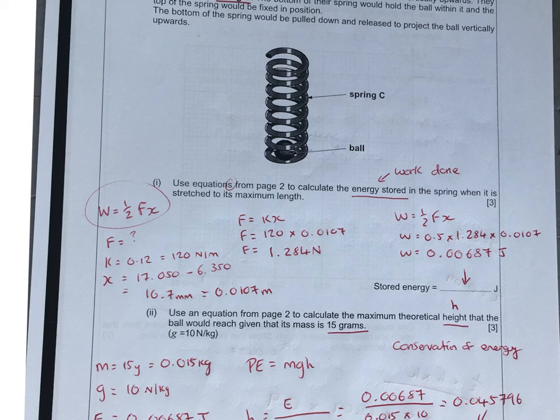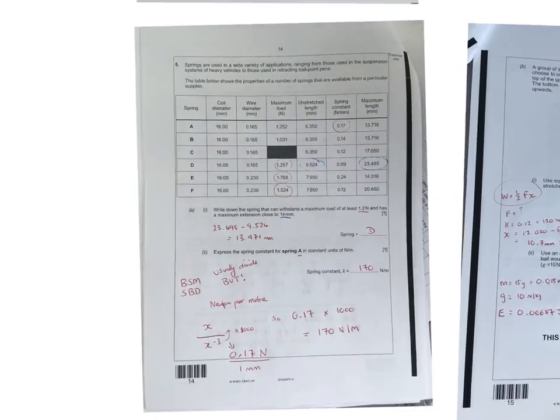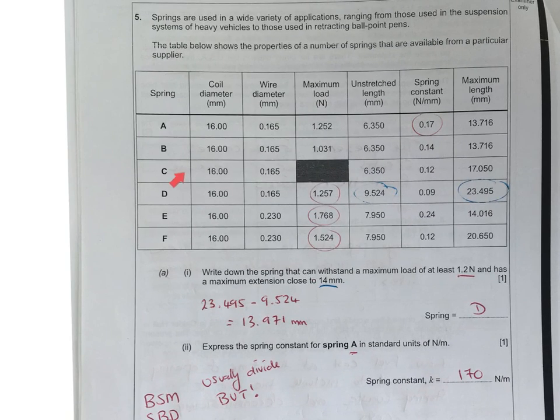First of all, though, we need to find that force by using the Hooke's law equation, F equals Kx, which is your spring constant times your extension. So to do that, I've used the information from the chart. It wants it for spring C, look. So I'm going to go over and look at all the information from spring C. So I can see that it's got a spring constant of 0.12, which we know now per newtons per meter